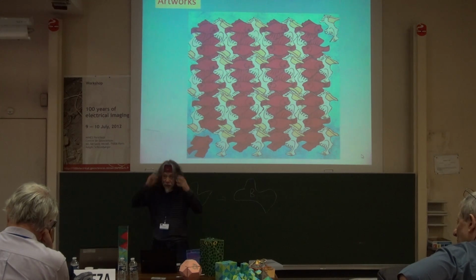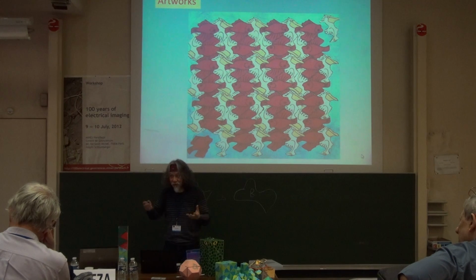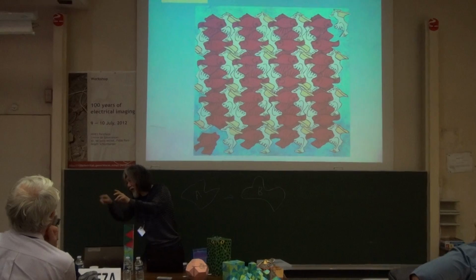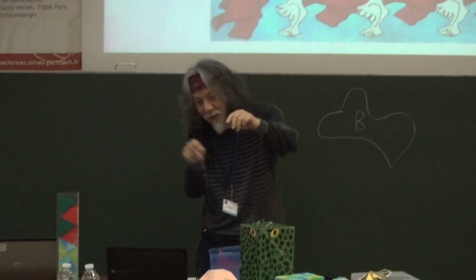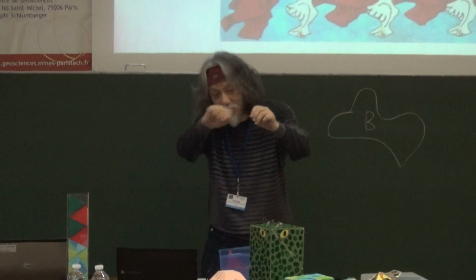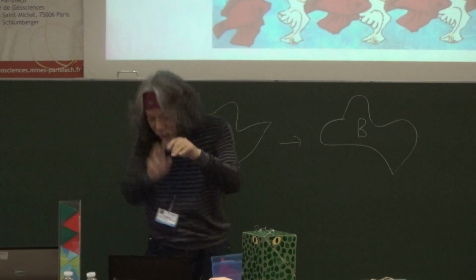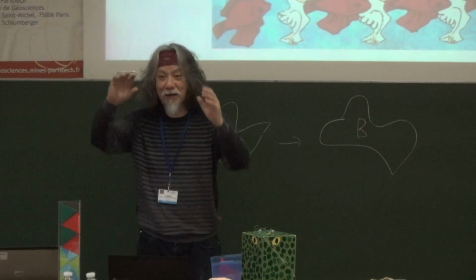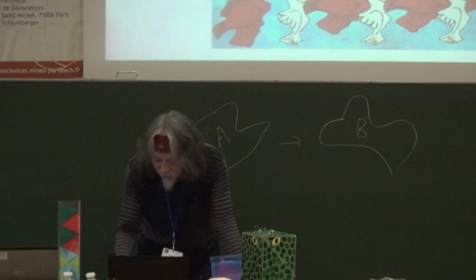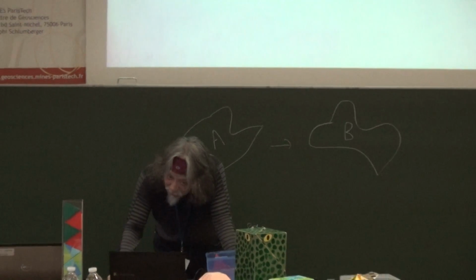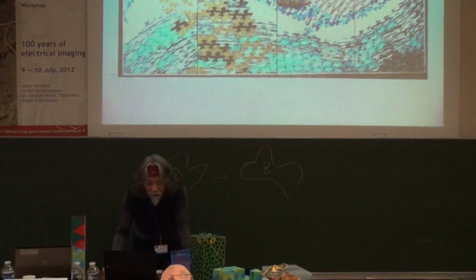So if Maurice Escher makes this mountain, then here he must make a valley. Mountain, valley, and so on. But in this case, it happens automatically. So this is also by applying the theorem,